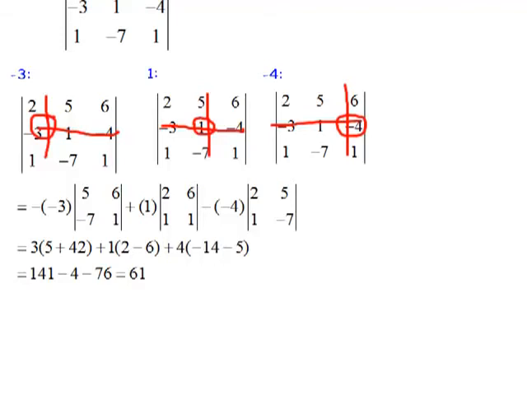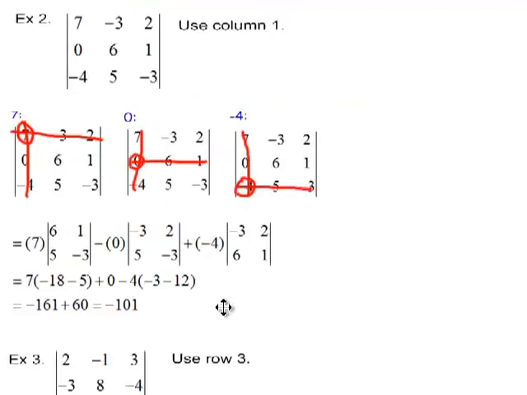Okay. Another example. And 7, negative 1, 2, 0, 6, 1, negative 4, 5, negative 3. I said use column 1. So if you use the column 1, write out the entry 7, 0, negative 4, and then you are going to cross out terms. Sooner or later, you don't need to show yourself all that work, but the first few times, they make it